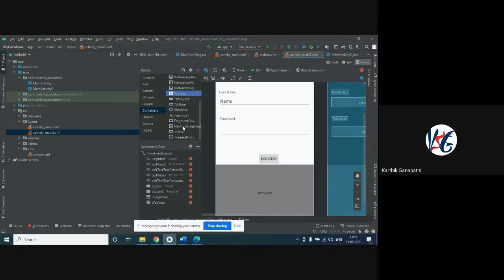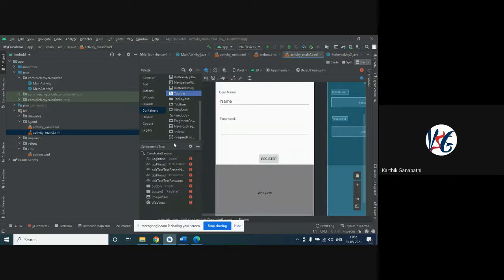So this is what is going to happen in this navigation host fragment. It will be viewed as one particular thing, but when you click on that, the other content will be viewed. For example, if we are viewing content A, when we click on that, content B will be displayed. So I think you are getting my point.